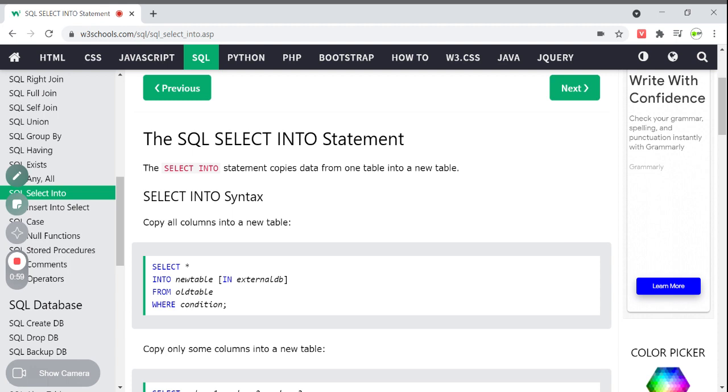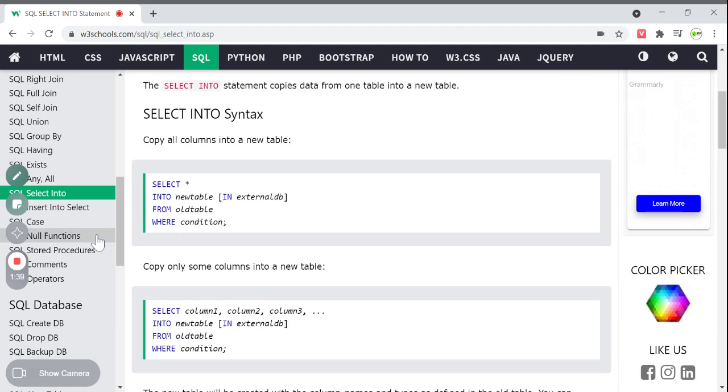For example, if you want to copy a particular table having some fields and contents, you need a temporary copy or any copy of that table. You want to create a new table, not copy into a table which is already created, but have a new table that is a copy of the original. To create a new table, we use this SELECT INTO, copying all the columns into a new table, not an already defined table, but a new table that we create by using SELECT INTO.